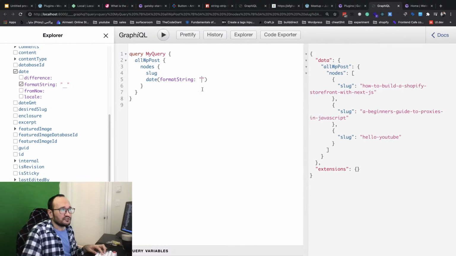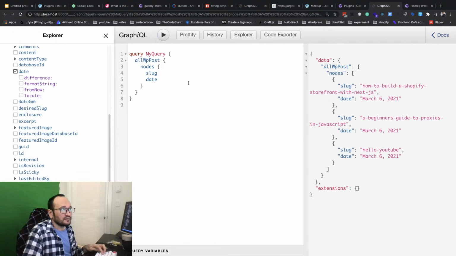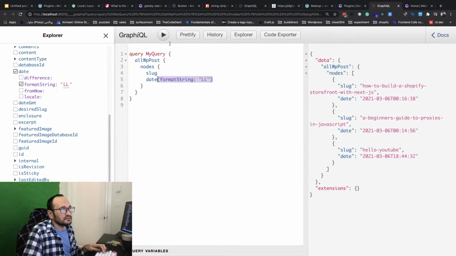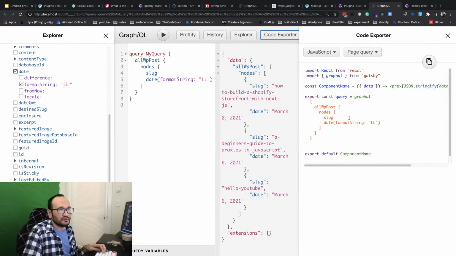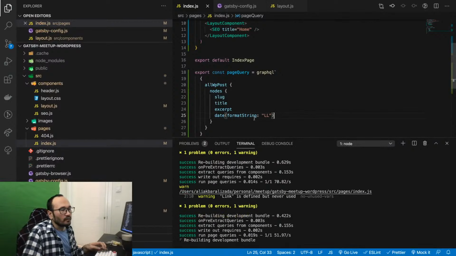For example, I just want to get LL, so you see the date is March 6th, but if I don't do that, it's gonna give me something like this. For example, I don't need that, so this is the good one, so I'm just copying it. So date format a string, and I'm gonna post it here.